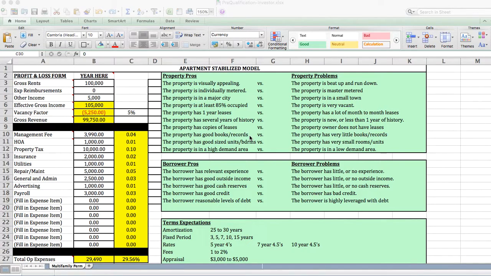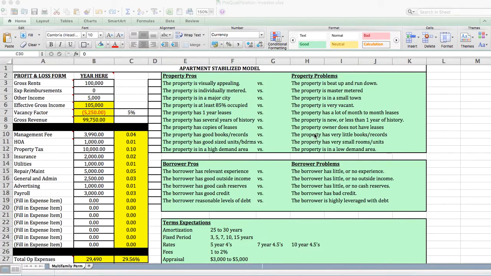Hello, if you're watching this, this is a pre-qualification for an investor who is buying an apartment complex that is stabilized. So what we're going to be doing today is walking you through our model to get an understanding of how to pre-qualify a property for you as the borrower and to know all of the specific things about the property